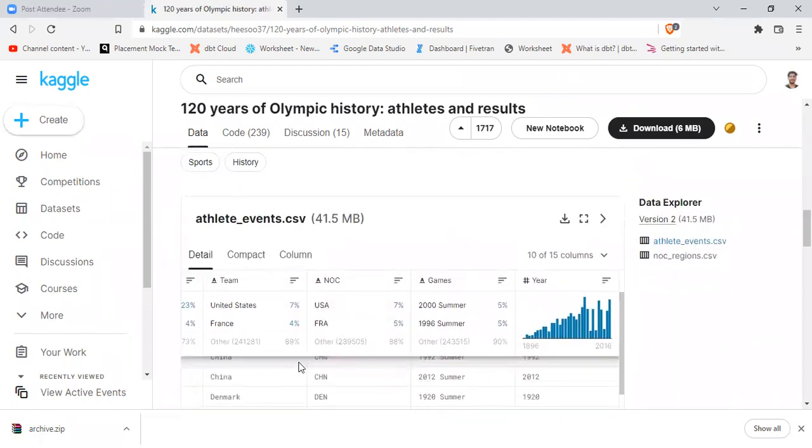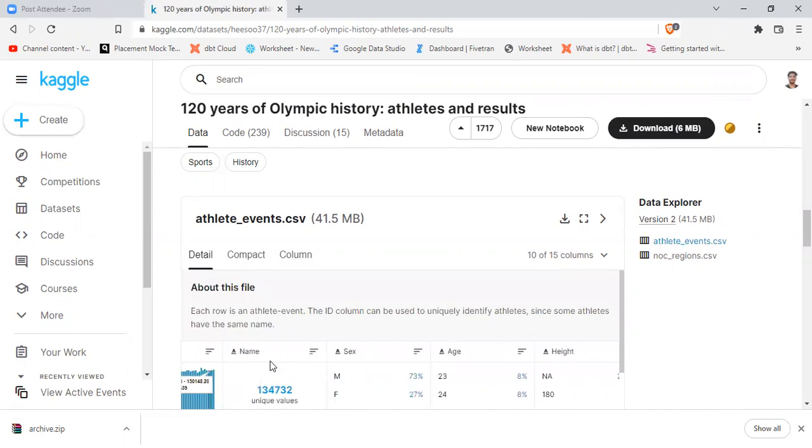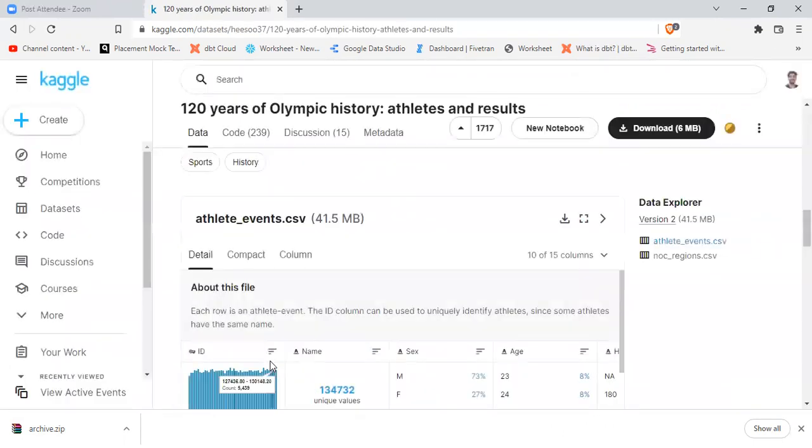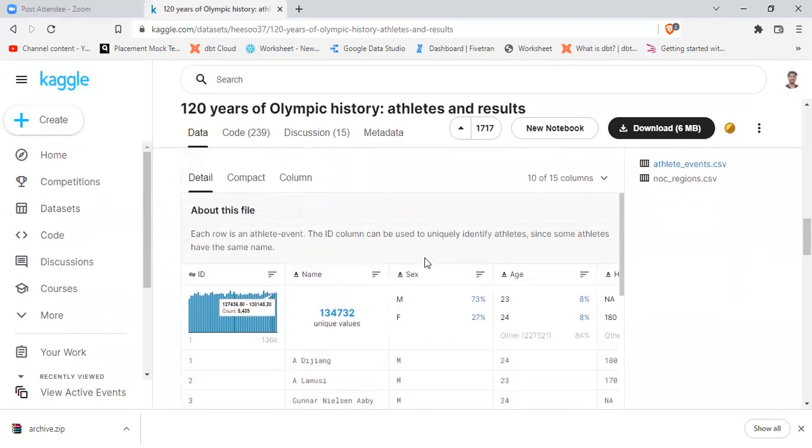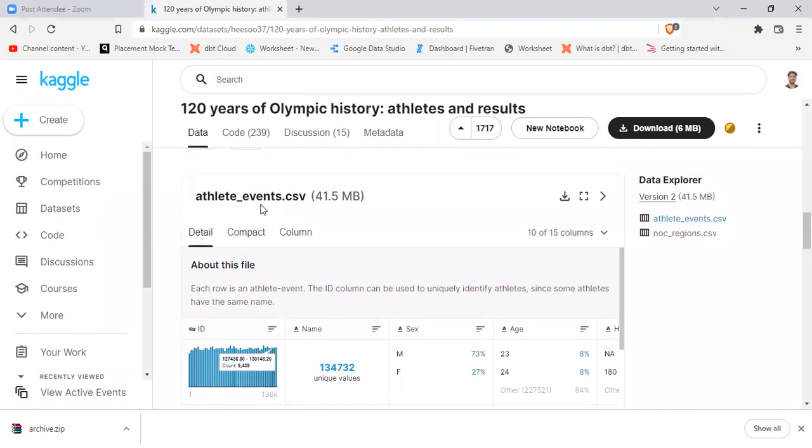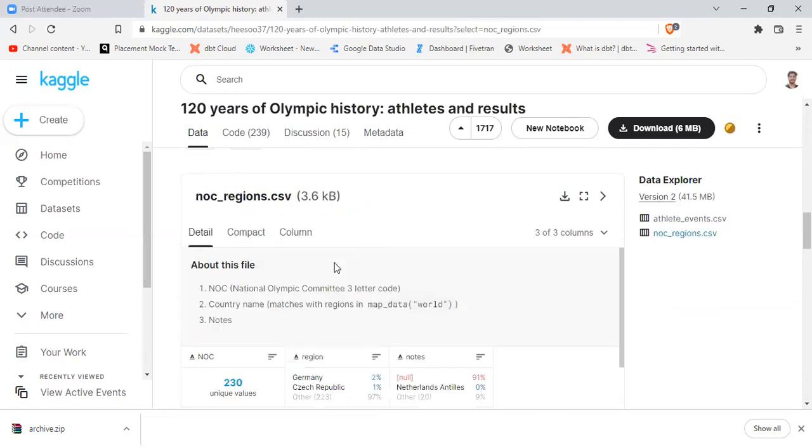We will get to know a lot of things after analyzing the data of these 120 years of Olympic history athletes. There are actually two CSV files in this zip file: athlete_events.csv and NOC_regions.csv. The athlete_events.csv basically contains all the details about the athletes who have participated in the Olympics, and NOC_regions contains all the details about the